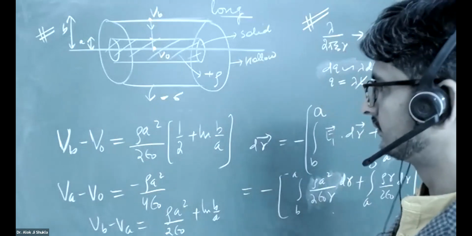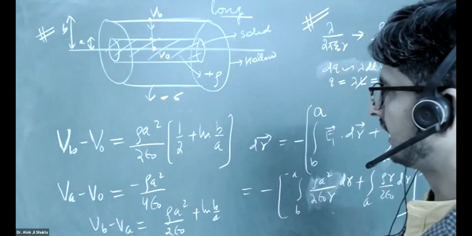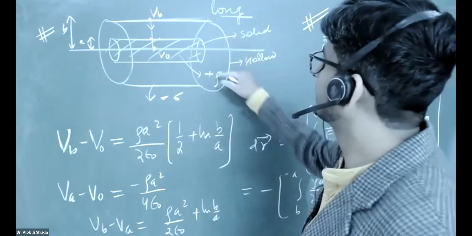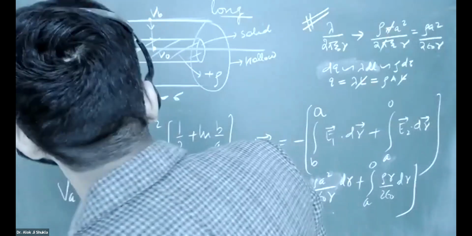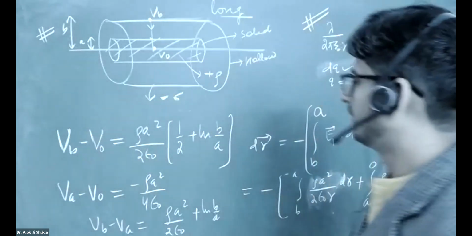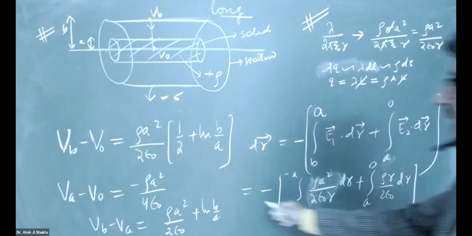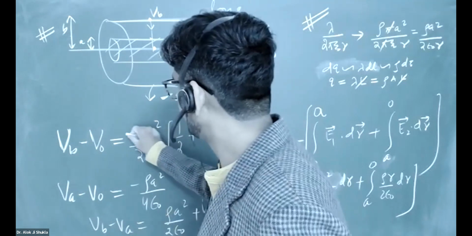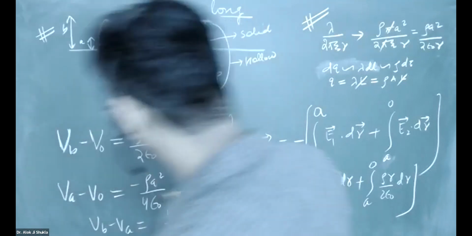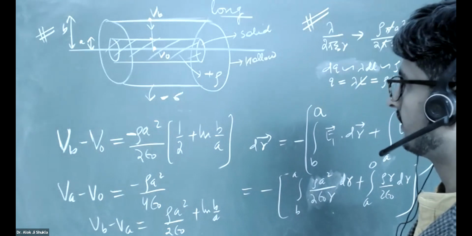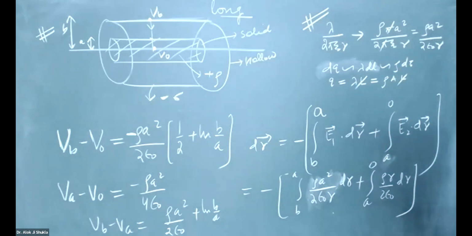Sir, into rho a square by 2 epsilon 0 होगा. साइन का थोड़ा सा, इसका जो माइनस साइन था वो हमने हाँ सर, माइनस साइन आएगा, मेरा तो आ रहा है VB माइनस V0 में माइनस रो a स्क्वायर अपॉन 2. ये माइनस साइन शायद ध्यान नहीं दिया इन्होंने। यहाँ माइनस आ रहा है ना? मेरा तो आ रहा है सर। ये V0 माइनस VB, हमने जो लिमिट लगाई थी B2A फिर A2 0। नहीं मैंने वी बी सर माइनस हो जाता है जब भी V0 माइनस VB। वी बी माइनस वी जीरो है